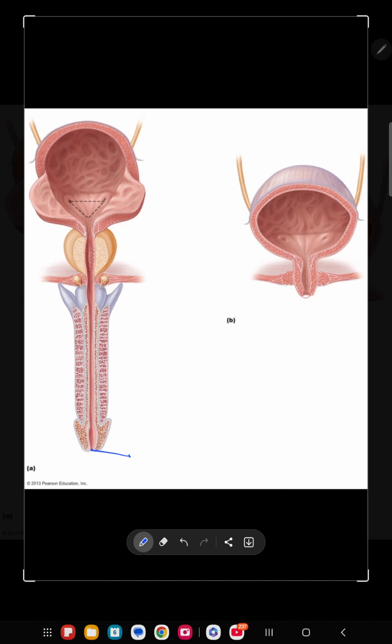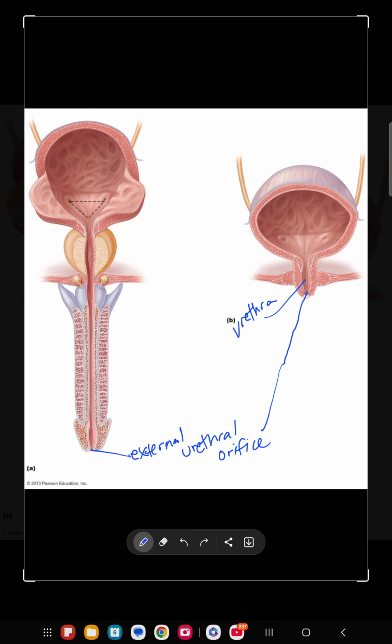Okay, this is the external urethral orifice for the male, and then this is for the female. And this is the urethra of the female. Let me see, the best way to explain the male, the different